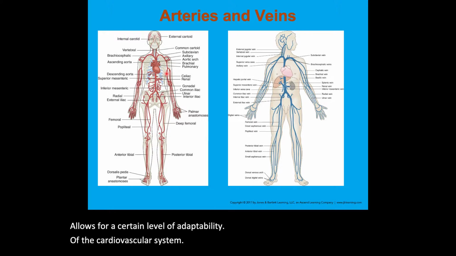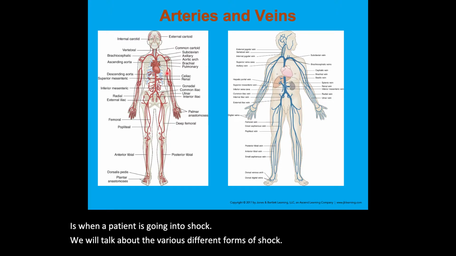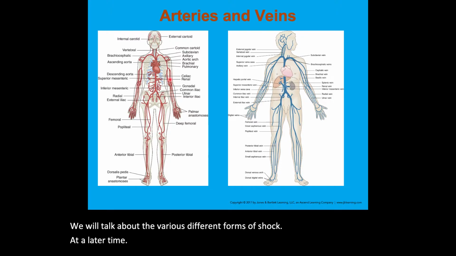And the best example is when a patient is going into shock. We will talk about the various different forms of shock at a later time, but it's a very good example